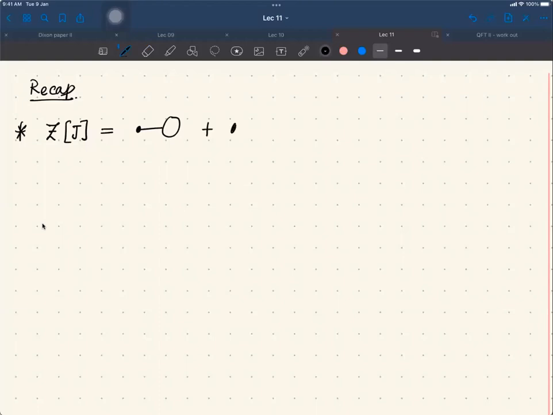One has these diagrams and so on, where the dot represents the factor of j whose space-time location is integrated over, and therefore they are indistinguishable. And at the second order, one has this, and at the third order